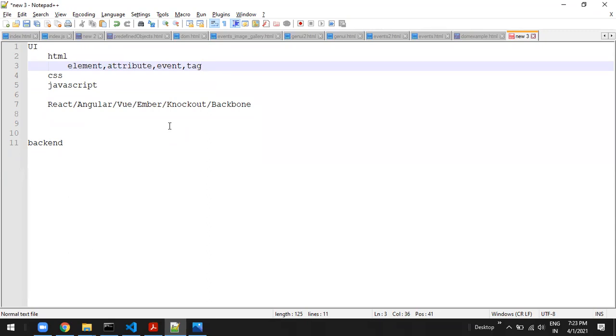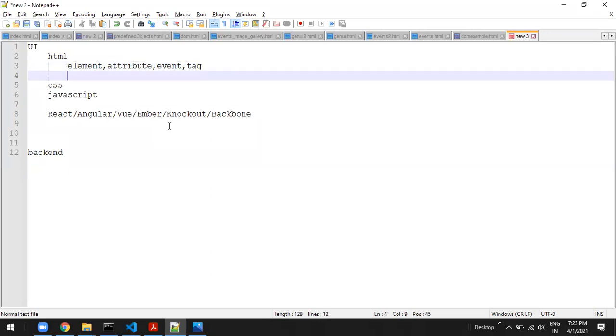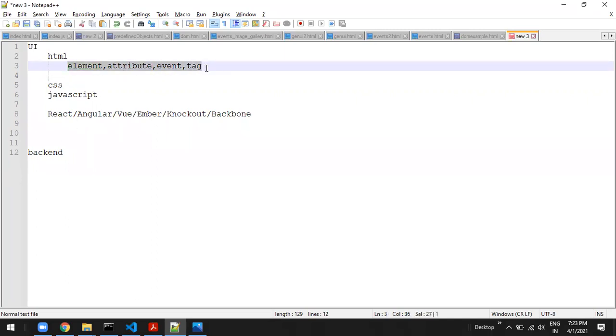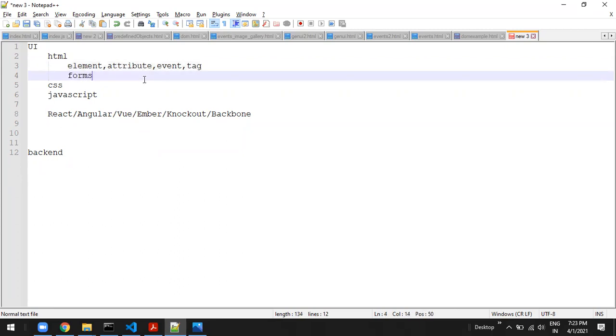Okay, and if you don't know what exactly an attribute is, if you don't know what exactly an event is, then what do you do in React.js? So first we need to have very crystal clear clarity on the HTML first. I'll just simply tell you one small point, that is forms. I bet most of the React developers also don't know some of the form concepts.